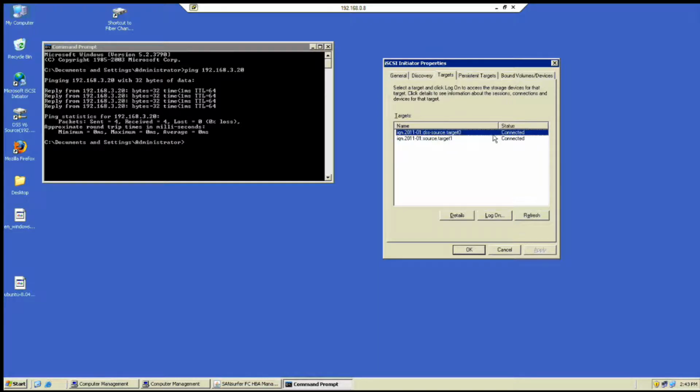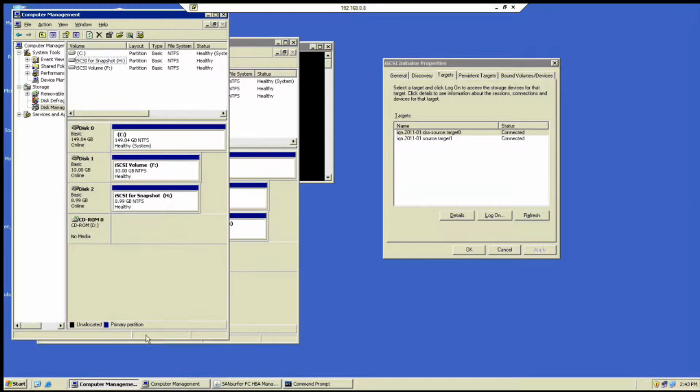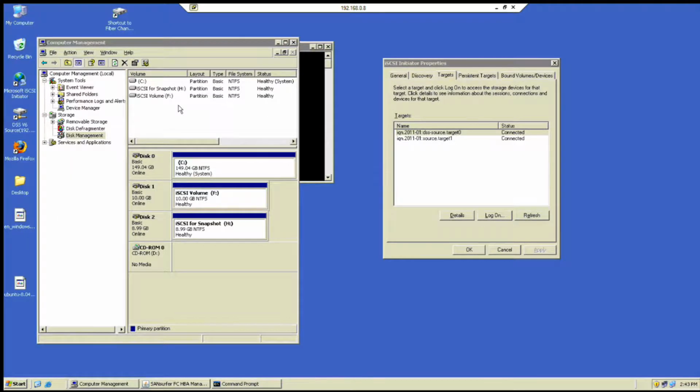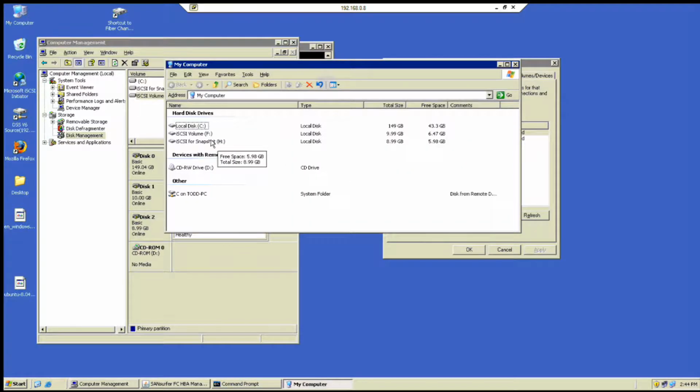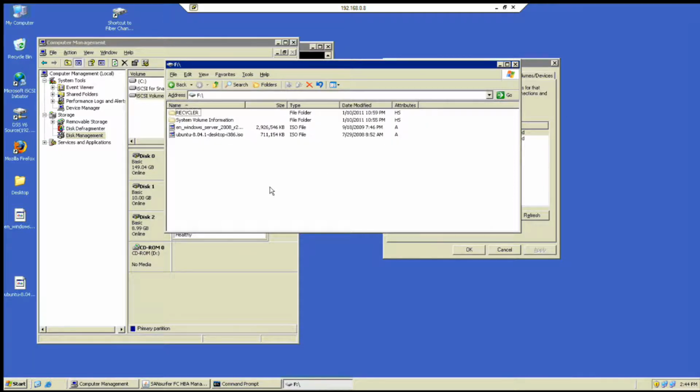Now once you've verified it, you can see your IP address. You want to go to your Microsoft Initiator, add the IP address, and specify the OK button. And there you want to see that you have your target portals with the IP address, and you should be able to see, as we talked about in the beginning of the iSCSI session, that we're talking about the auto failover, we see DSS-source target 0 is now connected. Now we made it 10 gig E, so we should be able to see that in our disk management.